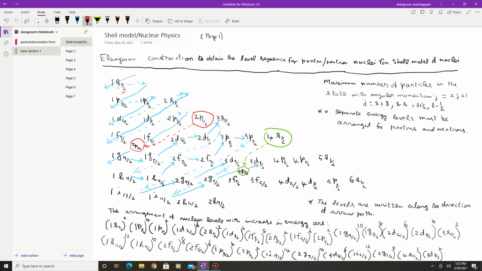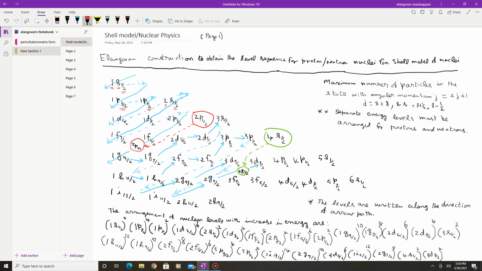So this is the first level, and the second level is the L equal to 1 state. For L equal to 1, L plus half is 3 by 2. So this is the j value, and L minus half is this value. So there is a P state, and there will be an S state. S will be S half. Now this one represents the first time the S state is appearing. When the S state appears the second time, you put the number 2.